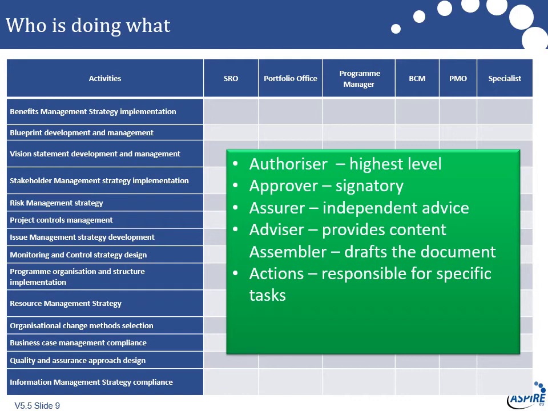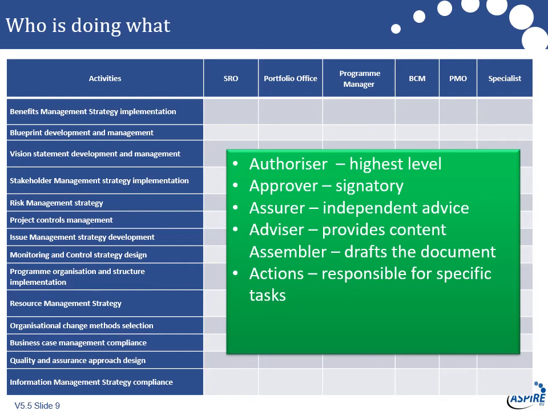What we have there is the authorizers, so that's the highest level in the structure. They put the final signature on the business case. But then you've got the approver. They're accountable, in effect, for signing off that business case on behalf of the part of the business. So they carry a lot of authority for the changes that are happening. So it isn't one point of accountability really, but we've managed to disperse it a little bit.